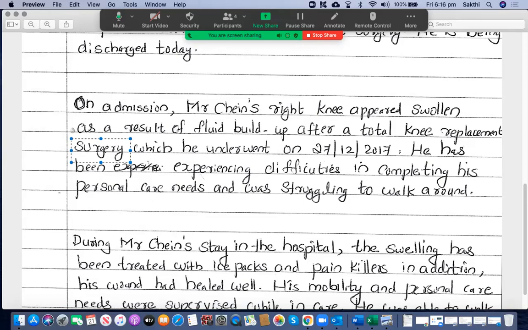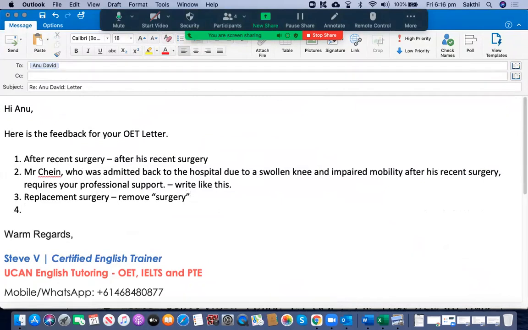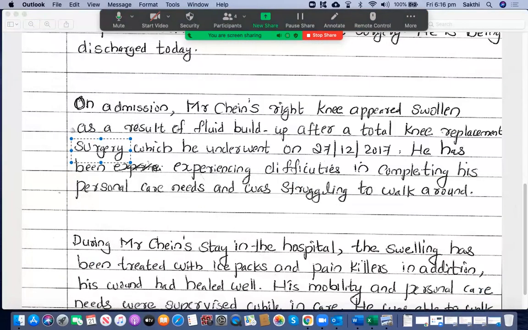So we don't need to mention "after a total knee replacement surgery," all right? Okay. So what you could have done is "replacement surgery." So you could have removed "surgery," all right? I mean, it doesn't add any value to what you have written down, okay? Okay. Which he underwent on